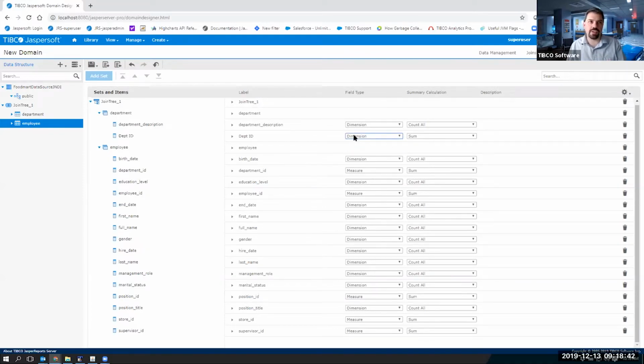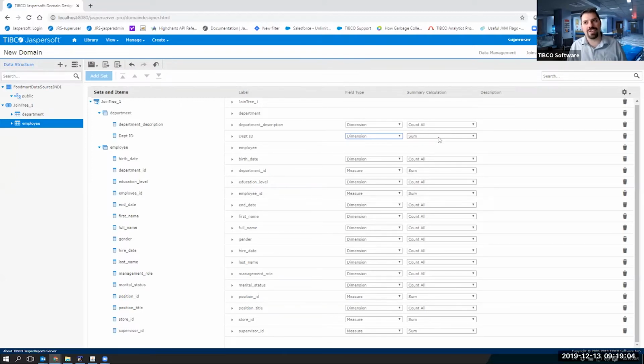And what that does is it changes where they show up in the ad hoc editor and what you can do on that. Some report types require a measure, right, for charts and stuff, but you don't want to use an ID as a measure necessarily. And then the other important thing is the summary calculation. This here is the default summary calculation.